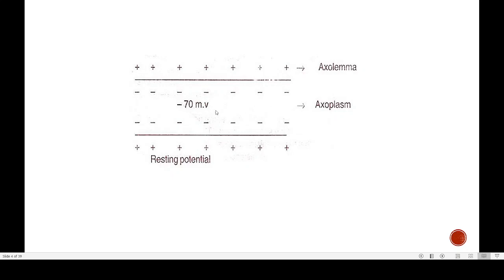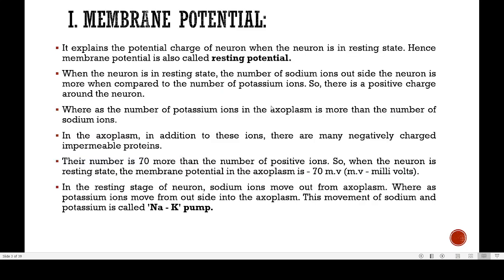But still there is an excess of negative charge. How is that excess of minus 70 negative charge coming? That is because of the presence of certain negatively charged proteins here. These negatively charged proteins are giving the exoplasm a minus 70 negative charge. And that minus 70 negative charge is what we mean by the name membrane potential, otherwise known by the name